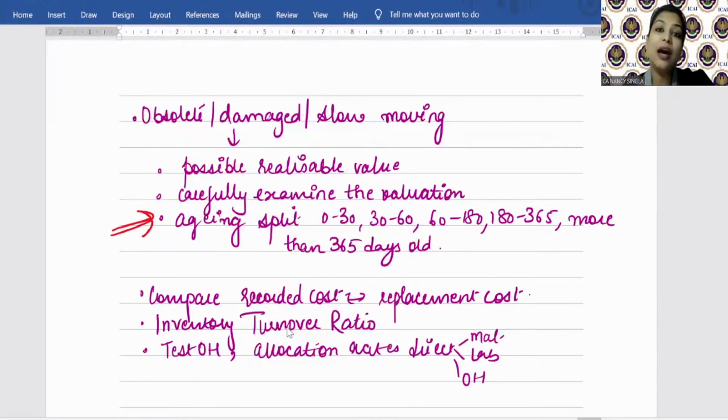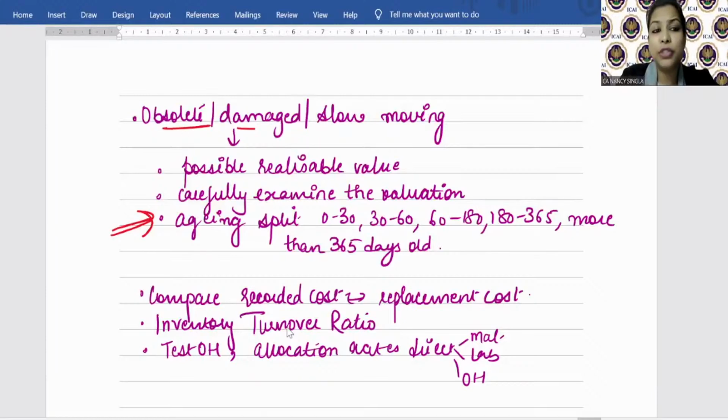So the auditor will ask the management, tell me why you are not using this, why this inventory is lying with you for the last 1 year. The auditor will specifically divert his audit procedures towards valuation of such obsolete, slow moving inventory, because it is possible that its net realizable value is very much lower than the cost. So a slow moving item is one that hasn't moved in your production process for a long time. Is it clear now?